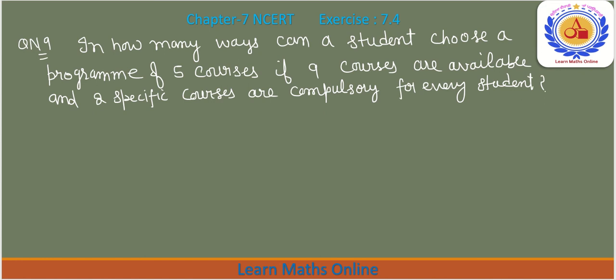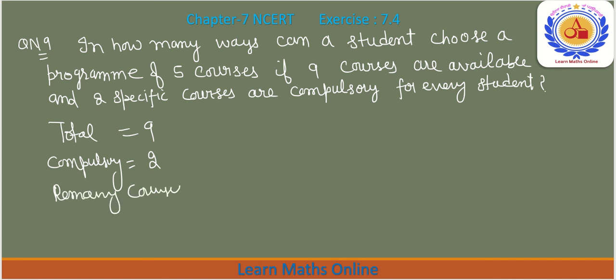So यहाँ पर बड़ा सीधा है ये. टोटल कोर्सेज जो है वो 9 अवेलेबल हैं, उसमें 2 कंपलसरी हैं. अब 2 कंपलसरी हैं तो वो तो चूज़ करने ही नहीं है, वो तो सेलेक्ट ही नहीं करने हमें, और टोटल में से भी 2 माइनस हो जाना है. टोटल 9 थे, कंपलसरी कितने हैं? कंपलसरी हमारे पास हैं 2. तो रिमेनिंग कोर्सेज कितने बचे हैं? रिमेनिंग कोर्सेज 7. So now we are to select remaining 3.